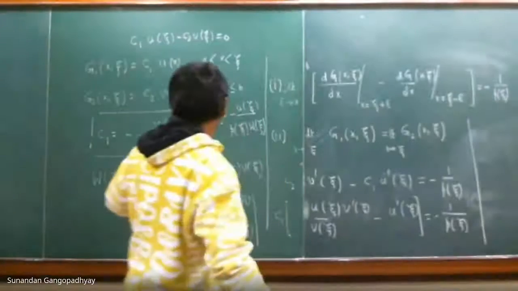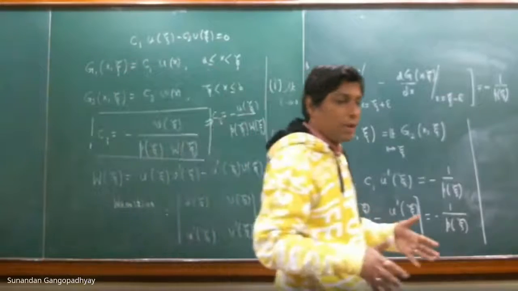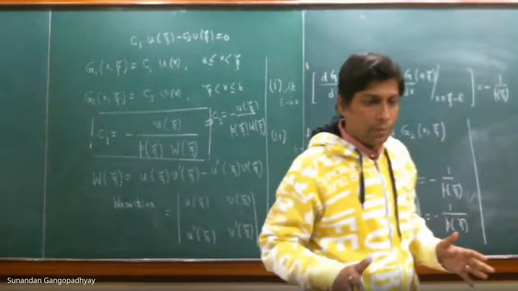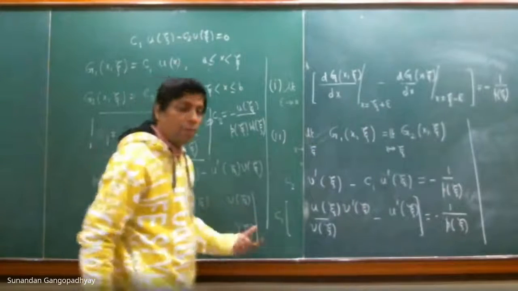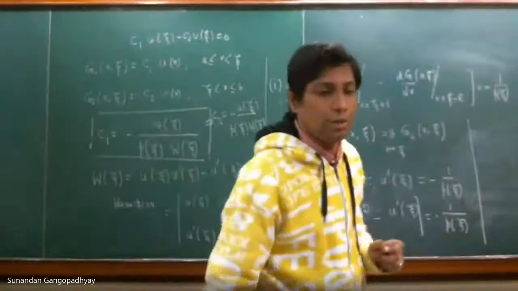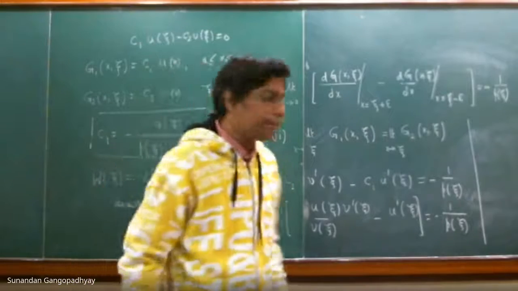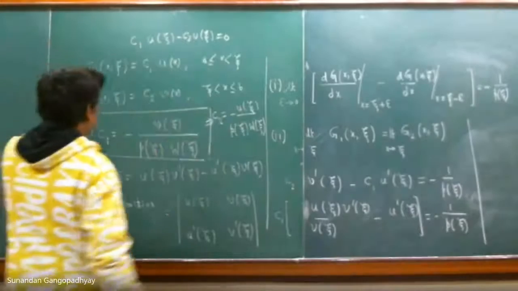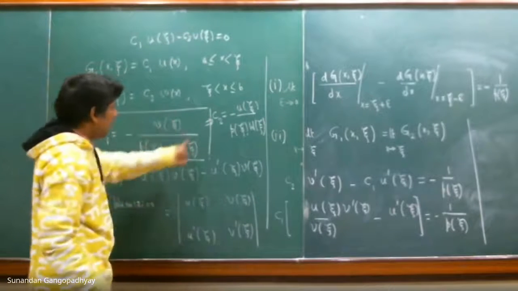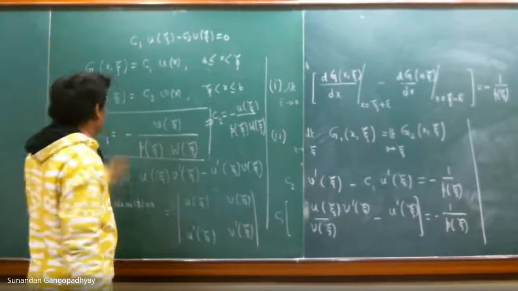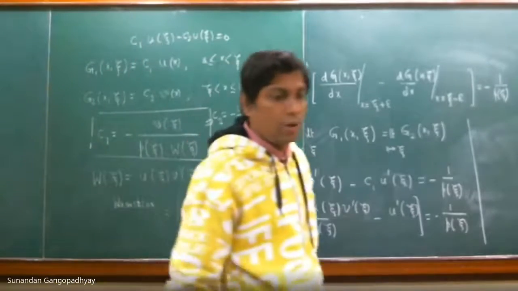For a non-trivial solution of those simultaneous equations, the determinant formed by the coefficients of C1 and C2 must not vanish. And that determinant is basically this. It is the determinant formed by the solutions of the homogeneous differential equation, and that determinant is actually called the Wronskian. Okay. So you can calculate what C1 is and what C2 is in terms of the solution of the homogeneous part, and this is obviously the Wronskian. And now you substitute C1 and C2 here, so you know the form of G1 and G2. So our task is done.